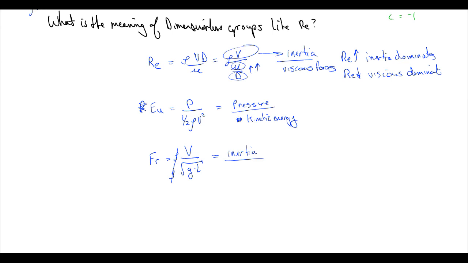And actually, if we really wanted to write this out, we would write it as rho v squared square rooted all over the square root of rho GL. And then it's a little bit more clear too. It's not so much inertia as kinetic energy over potential energy. Right? So we have a ratio of kinetic energy over potential energy, and this is actually super useful for long